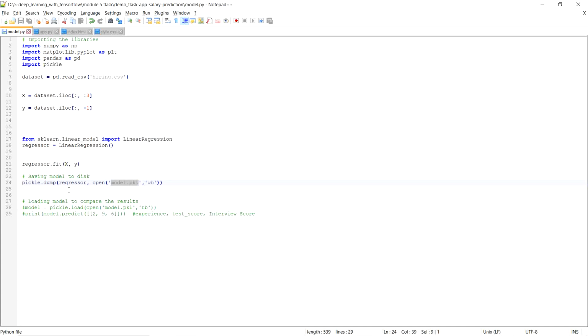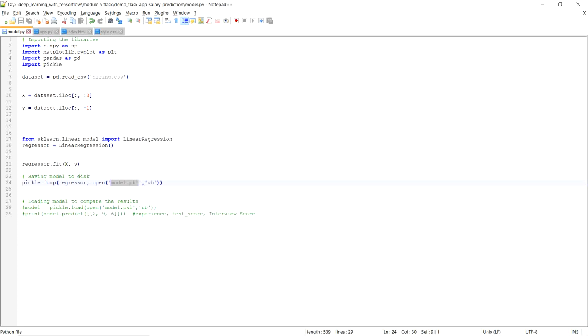So we are using pickle.dump. Over here we have imported this pickle module, and using the dump method, regressor is a variable in which we have trained our algorithm, and we want to create one file with the name model.pickle, and in this particular file we want to store the data which is in this particular variable. And what is there in this particular variable? A trained model, linear regression, which is trained on this data, right? So we have trained our model, and this is our saved model.